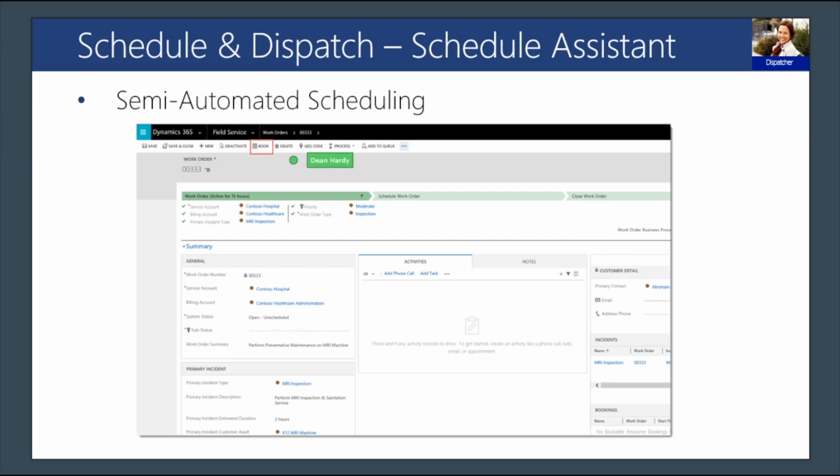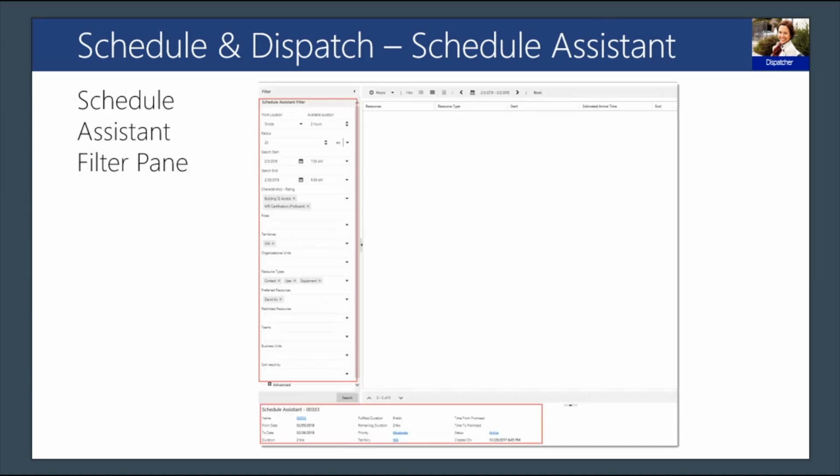in the ribbon menu, as shown in the screenshot, or it can be invoked from the schedule board window directly from a resource requirement, which we'll look at next. When the book button is pressed, a separate browser tab is opened, like this, showing the Schedule Assistant window. The Schedule Assistant includes a filter pane here on the left